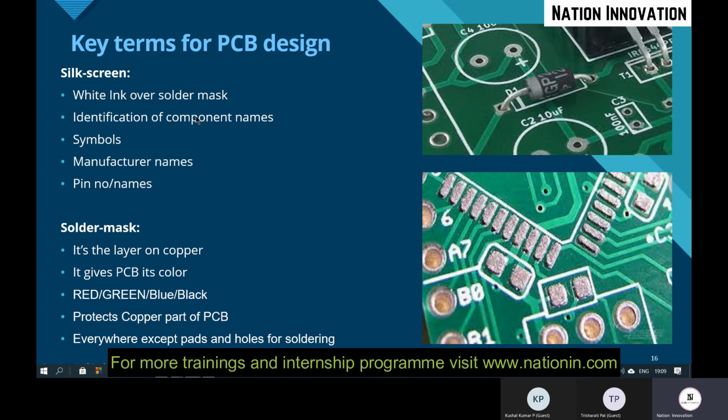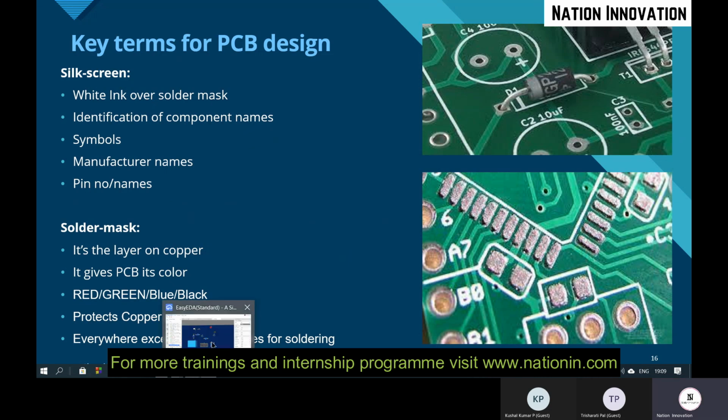It is a white ink over the solder mask. Identification of component names is mentioned using the silk screen, and whatever symbol is there is also drawn using the silk screen. You don't need to draw any symbols, it will automatically take the symbols. So manufacturer names and pin and part numbers, all writing is done using the silk screen.